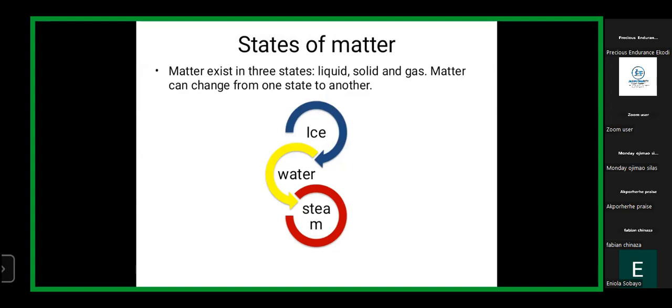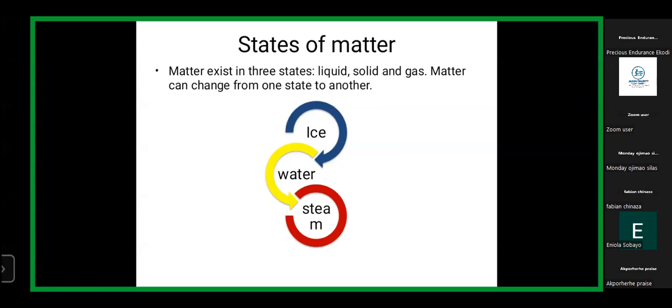Possibly you want to take your bath and you put your water on your heater and then you maybe forget about it or you are busy doing something else. If we are those people that forget for long, or maybe you've gone on an errand, if you don't come back on time, what will happen to the pot or the kettle? It will dry up. What has happened? The water that was inside has been converted to vapor or steam. So the point here is this: for there to be a change of state of matter, there has to be a change in temperature from cool to heat.